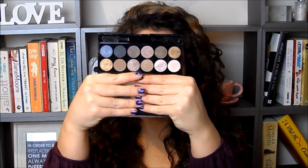Then the next question is best colour payoff, and I have gone for a really cheap option again because this was one that really wowed me. When these first launched, I didn't pick these up. I wasn't really interested in them. I generally don't tend to like that many cheaper drugstore eyeshadows, but a lot of people kept talking about it, and finally I bit the bullet and purchased it, and I'm really glad I did because it is a very good palette, and it's the MUA Undressed palette, which is basically their answer